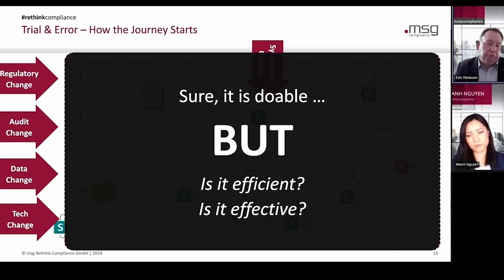So sure, it's doable. And there are a lot of organizations out there who prove it's doable. No doubt about that. But the key question is: is it efficient and is it effective? In regards to efficiency, I have my doubts, but it can work for specific organizations. Is it effective?